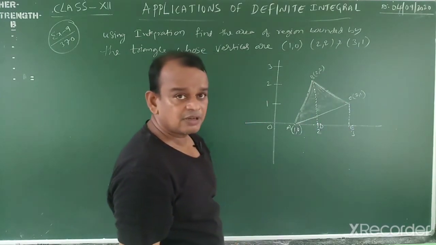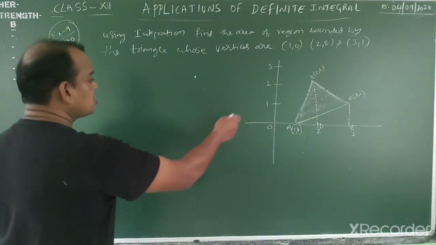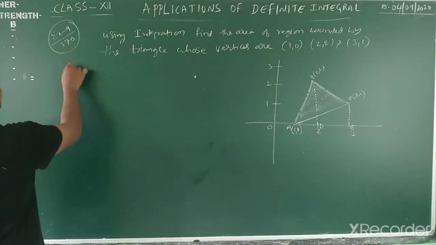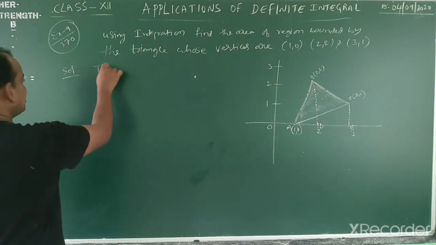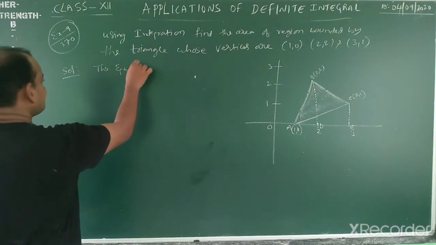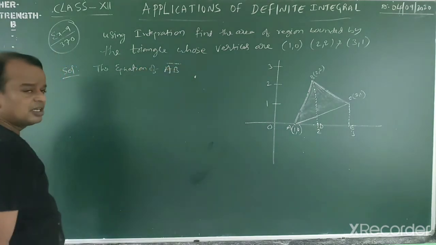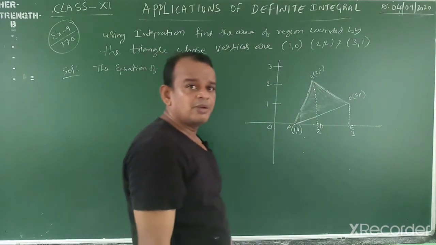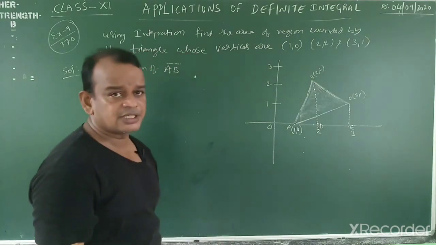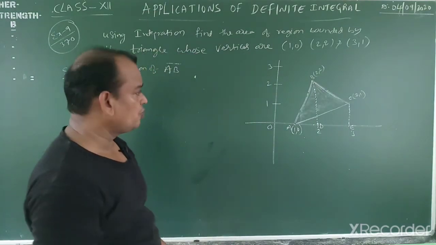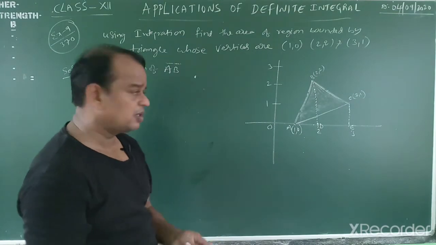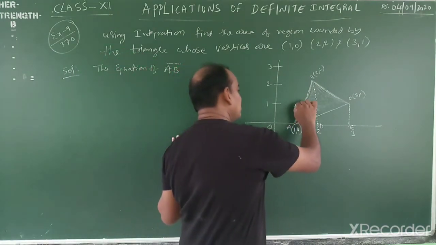What is the formula for the equation of AB? First, we can find the equation of AB. What is the formula? y minus y1 is equal to m into x minus x1. Slope, how to find the slope? Difference of the y coordinates over the difference of the x coordinates. What is the slope of this line? m is equal to